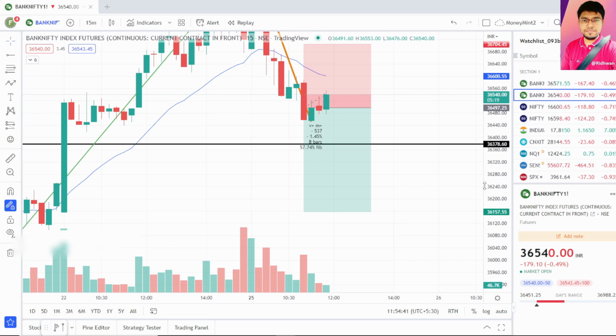And one thing more interesting is that the VIX is increasing. So VIX long was the situation which I was telling since many days, that the VIX will increase, and today is the case where the VIX is increasing. This is very good for me because as an option seller, the premiums were almost negligible. So we need an increase in the premiums so that we can sell before the